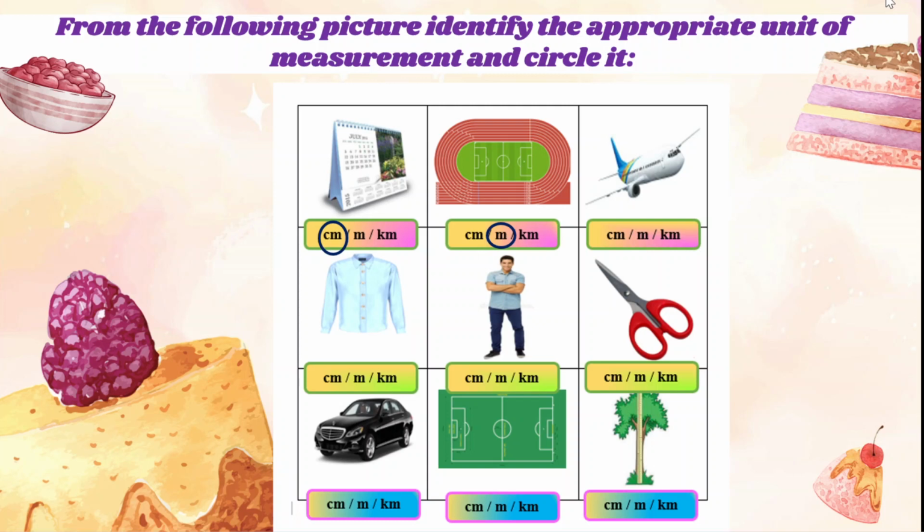Then if you take an aeroplane, the distance covered is measured in terms of, yes, kilometers. The planes travel from one country to another country, which is a huge distance, isn't it? So huge distances are measured in terms of kilometers. Okay, then the length of a shirt. Usually if you go to the tailor shop, they will take the measurement in terms of centimeters. If you want an accurate reading, they will measure in centimeters.